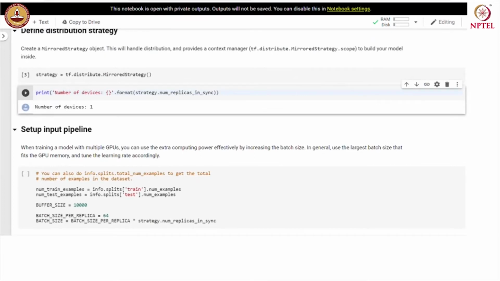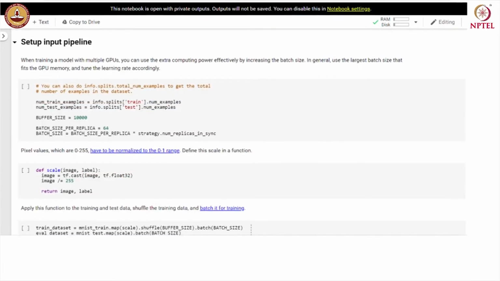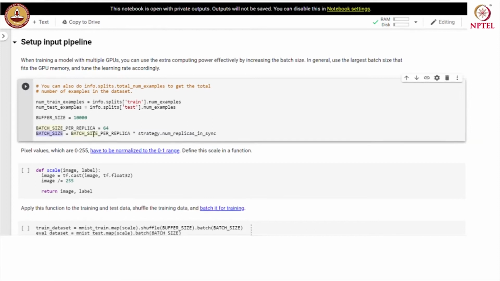So, let us build the input pipeline. When training a model with multiple GPUs, we can use the extra computing power effectively by increasing the batch size. In general, use the largest batch size that fits the GPU memory and tune the learning rate accordingly. So, we have batch size equal to batch size per replica times the number of replicas in sync from the strategy object.